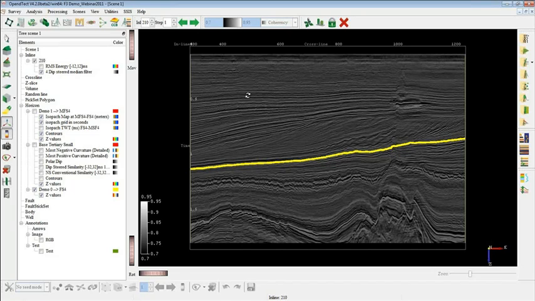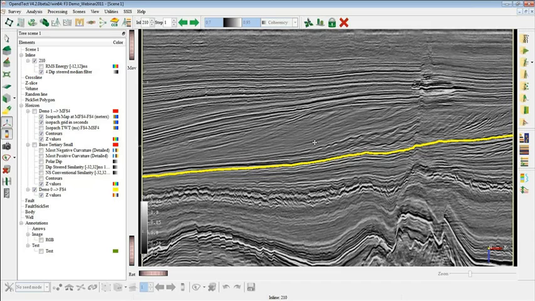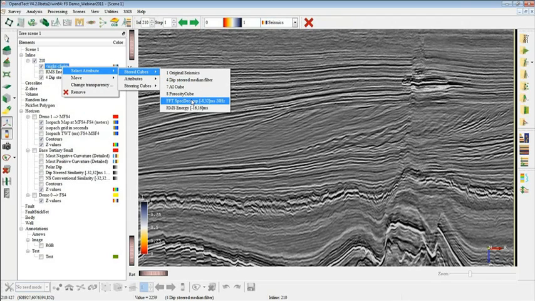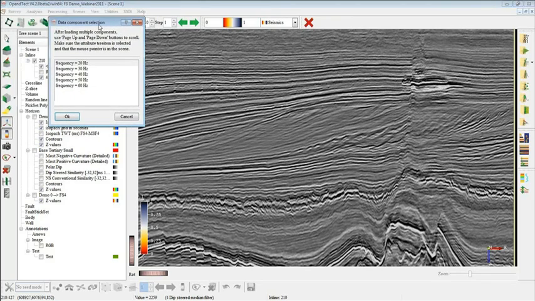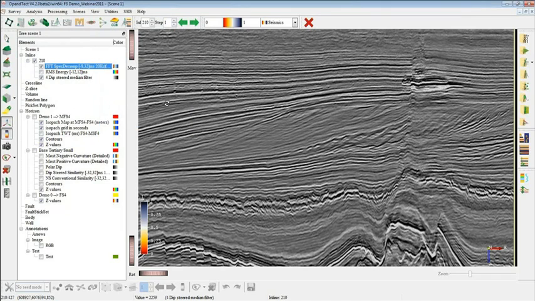Okay, so now I load the same stored data, the same volume, spectral decomposition on this section. When you load that one, it's going to pop up a component dialog box. So you can select all of these components in one go, and you press OK. It is going to load those volumes